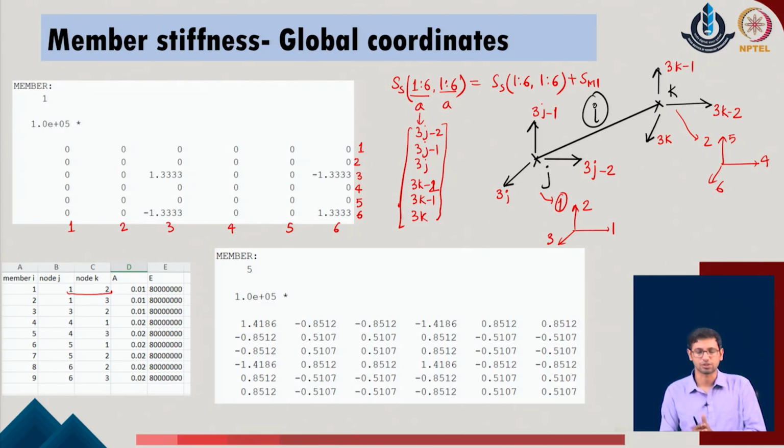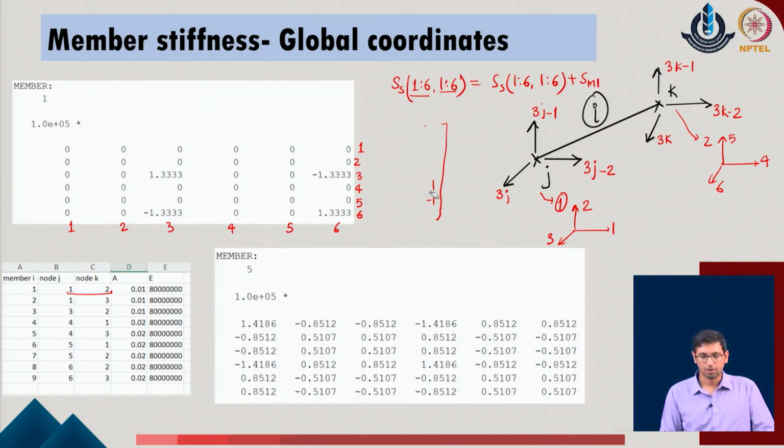I hope this now makes sense, because somewhere we have already discussed how we implement this in the computing system. So this is the specific position in the overall stiffness matrix. I am going to the position of rows 1 to 6 and columns 1 to 6 in the given system, or otherwise I can say that a denotes all the rows of the system labeled by these values, and a all the columns of the system also labeled by these values. So this is what we did for the given system.